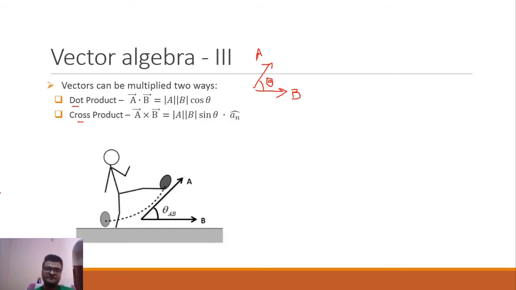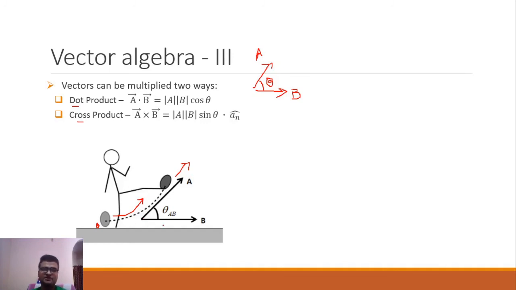See this figure. Let's say this footballer is kicking this football and he wants this football to take a flight. For this, he will kick this football somewhere near the bottom of the football so that it takes a path like this and flies away. So what this footballer is doing, he is actually kicking a football from this point with an angle, let's say theta AB. So if you want to see in what direction this football will be going, you will have to multiply the forces that are applied by this footballer.